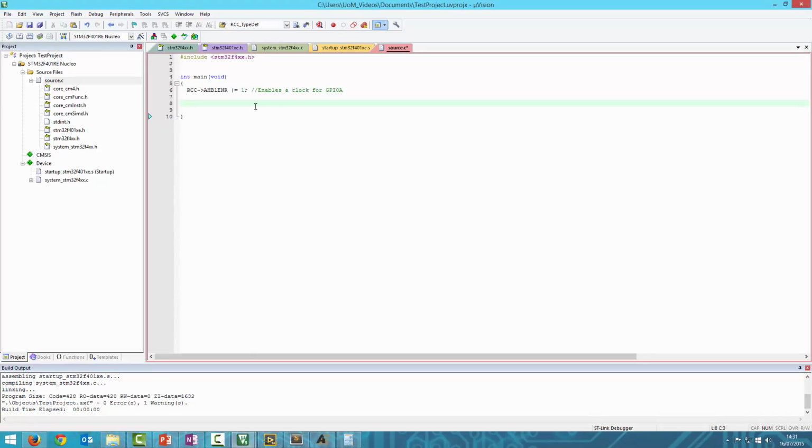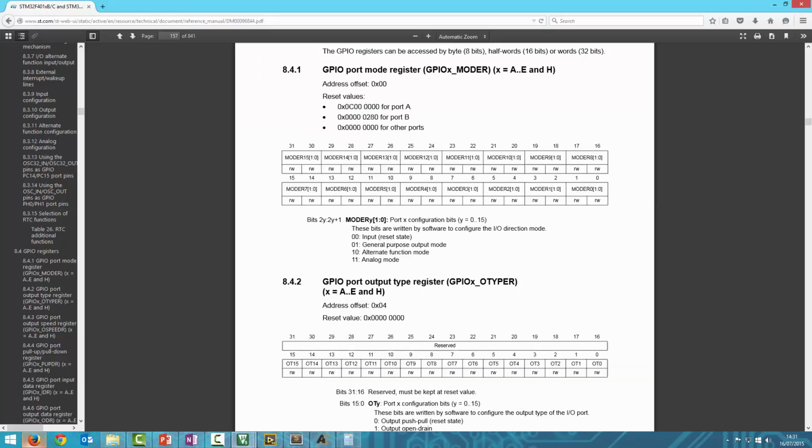So let's pull up our project, and we go GPIO A arrow mode register, and what we want to do is send 3, because 3 is 1 1 in binary, isn't it? So we want to send 3 shifted across 10 places. Because if we go back here, 3 will be 1 1 there, and if we shift it 1 2 3 4 5 6 7 8 9 10, that'll be 1 1 in those two there once we've done the